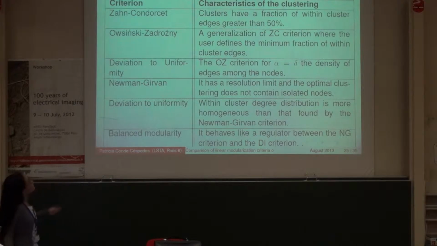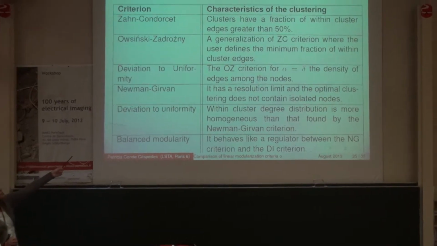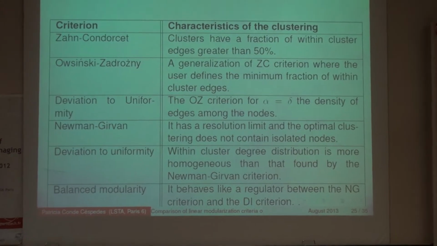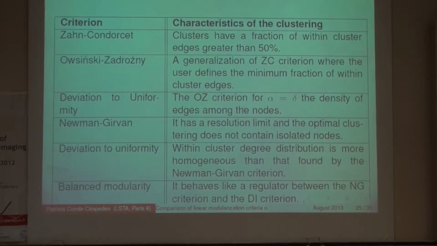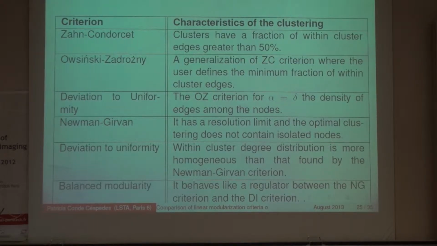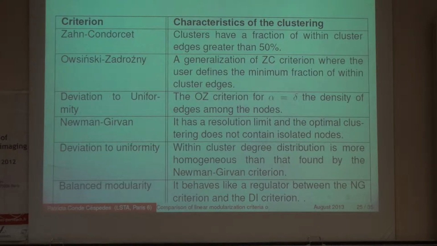Properties of the six criteria. Some conductor requires at least 50% of the cluster edges. In this case, it is a generalization of the some conductor criteria where we define a minimal concentration of within cluster edges. The deviation to uniformity is a particular case of this criterion where alpha is equal to the global density of